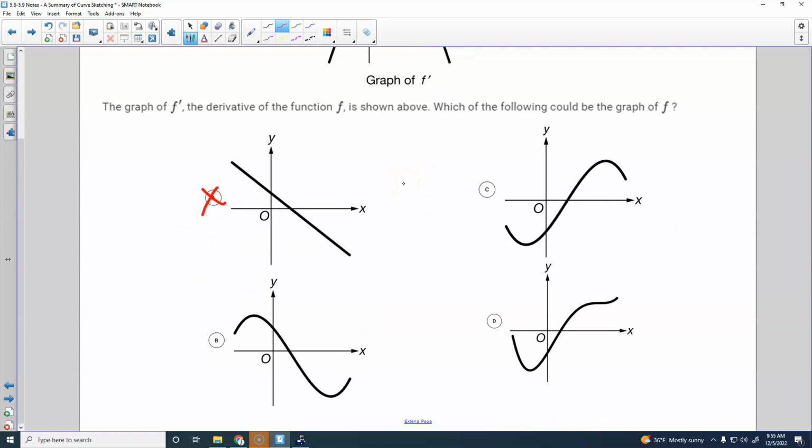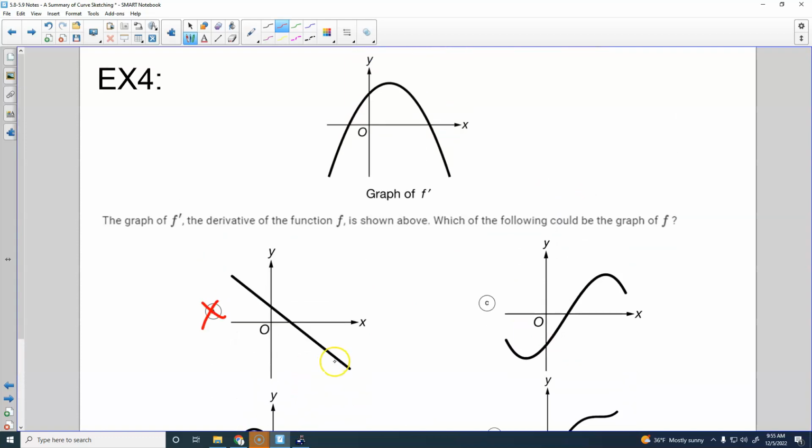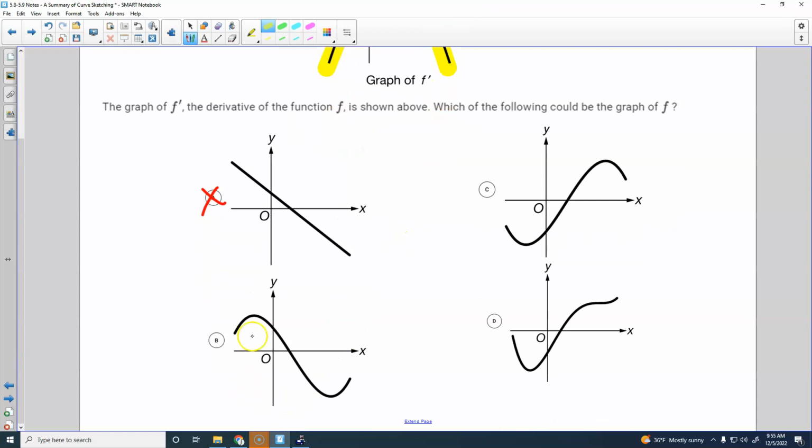So I feel like it's probably C or B, although there may be some potential for D, maybe. But I'm thinking B or C. So let's think about what's happening here when my graph right here is negative here and negative here. What does that tell us about the original function? Okay, f should be decreasing whenever my